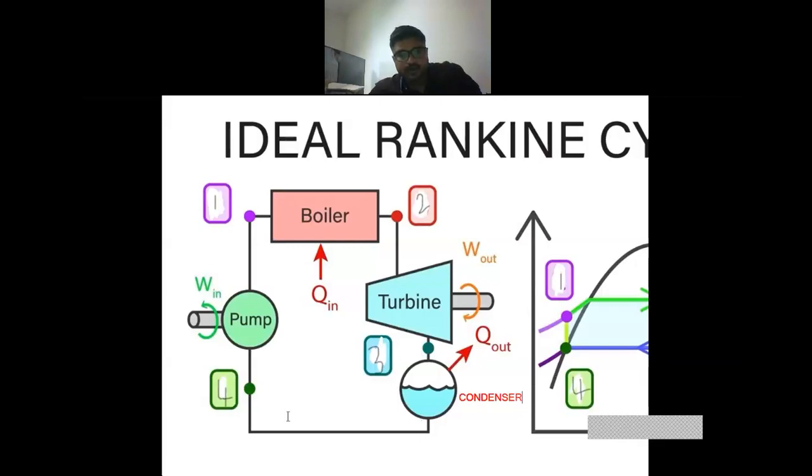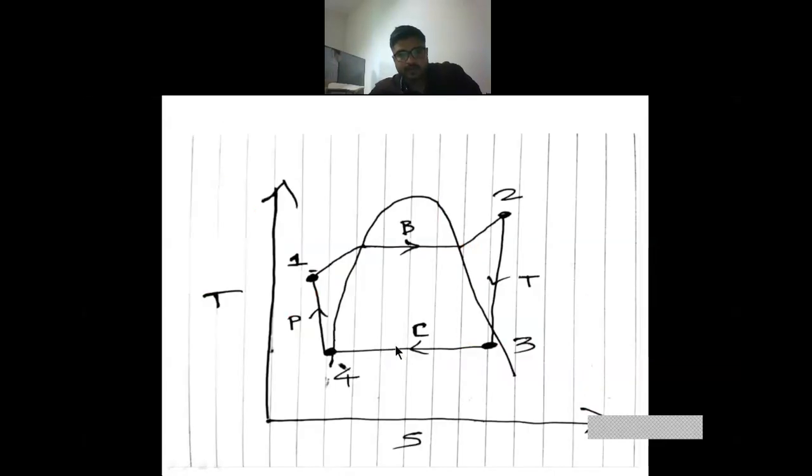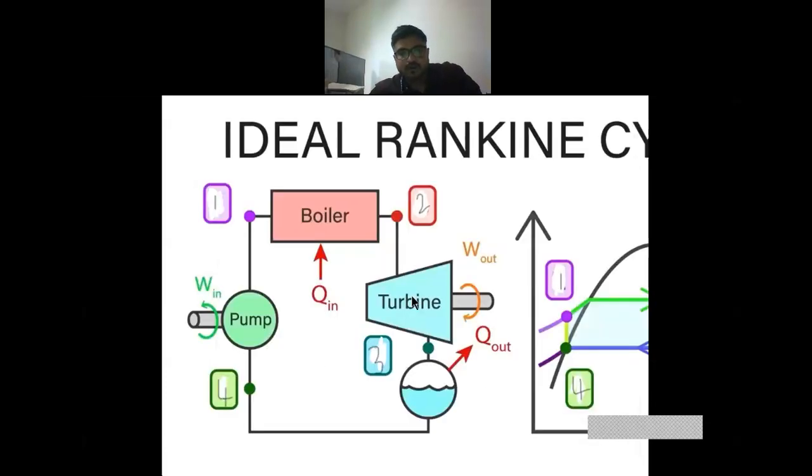So that liquid, now we will see the TS diagram for the condenser. Here you can see that at point number 3 we have steam, a major portion is steam, and at point number 4 what do we have? Pure liquid, total liquid. So that conversion is possible by use of the condenser. Then we are supplying this liquid to the pump, and what the pump will do we all know. Pressure gets increased and temperature gets increased a little bit. So mainly pressure gets increased. Clear? So this was about the schematic diagram of the Rankine cycle.